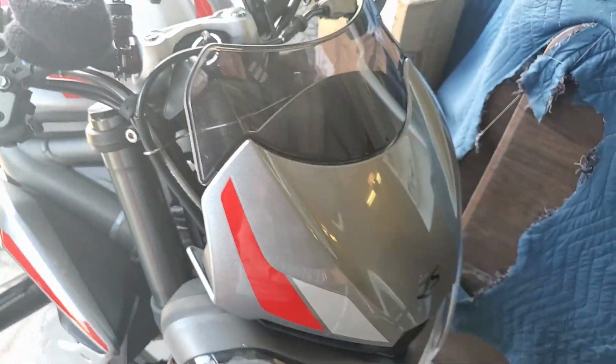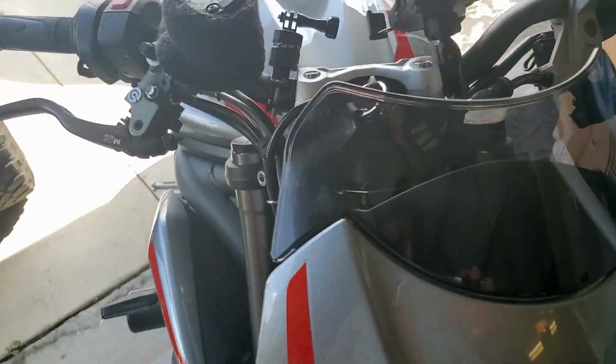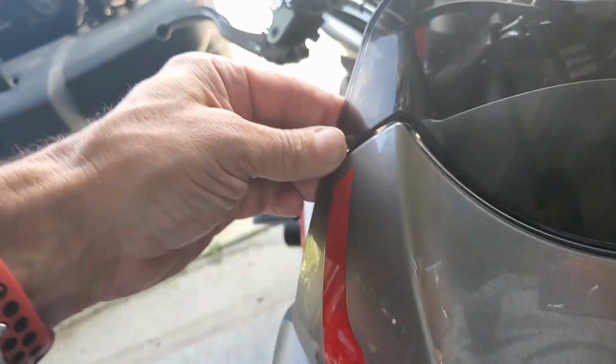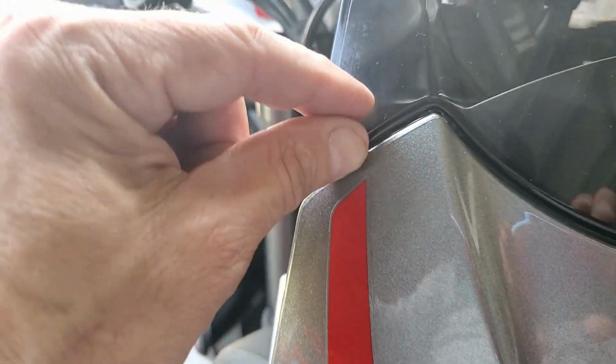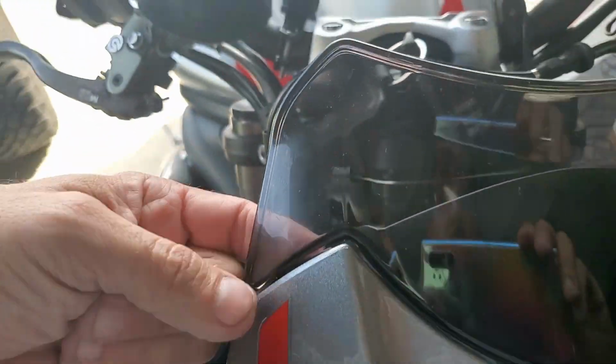So there you go. This video turned out to be longer because I was actually showing you how not to do it wrong. But you can see there's a gap all the way around. That's just the way it is. It's not touching. But before there was this huge gap and it was separated because underneath right there,